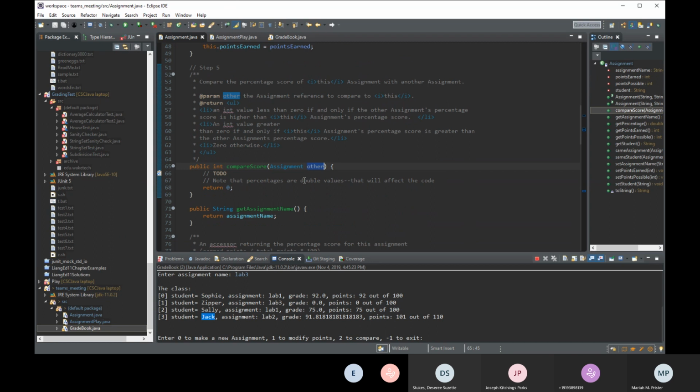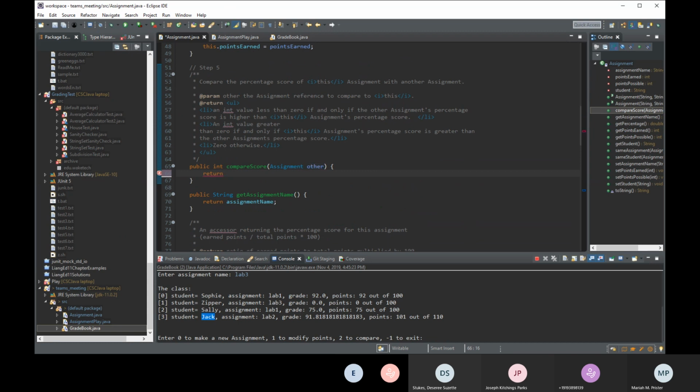And the typical way Java does compares is if I am bigger than the other guy, I return a positive int. If I am smaller than the other guy, I return a negative int. And if we're the same, I return 0. Now, don't let me forget to talk about dealing with floats or doubles when doing this. But the easiest way to do this when you're dealing with ints is